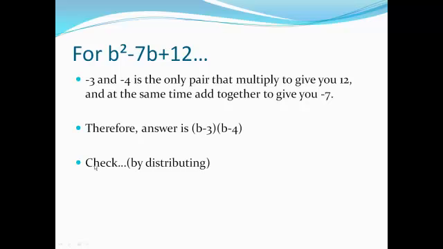I want you to go ahead and check this by distributing. Again, b times b is b squared, b times negative 4 is negative 4b, negative 3 times b is negative 3b, and negative 3 times negative 4 is 12. So then if I add my middle terms, I should get negative